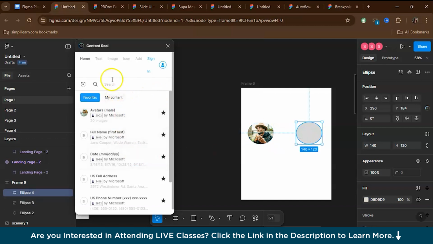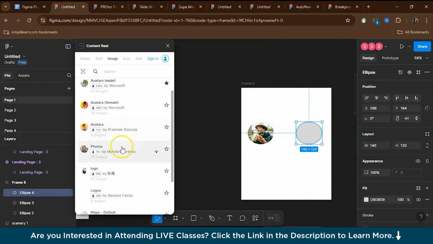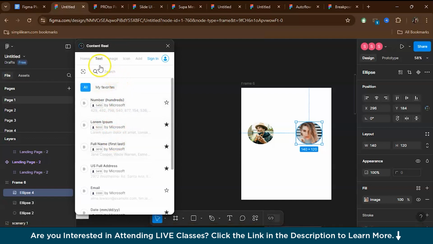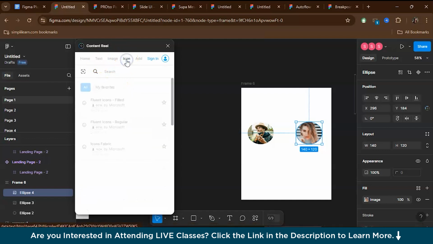How cool was that? So I can go to image and I want some other avatar. So this is how you can actually fill. And if you want to fill the text, you can create a text box, go to text, choose a style and fill it. So you have text, image, icon, so many varieties. The thing is, with just a click, your selected layers will be populated with relevant content. So this is incredibly useful when you're working on prototypes or mockups and need to visualize how your design will look with actual data. So the thing is, instead of wasting time typing in dummy text, you can focus on the creative aspects of your design, and it's a time saver.